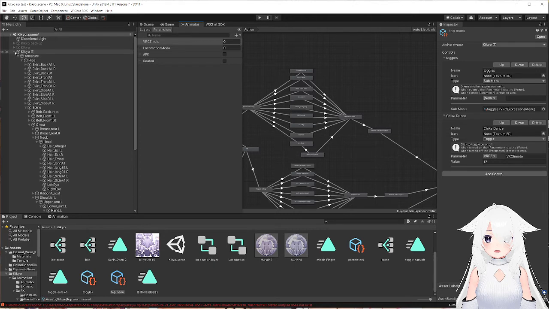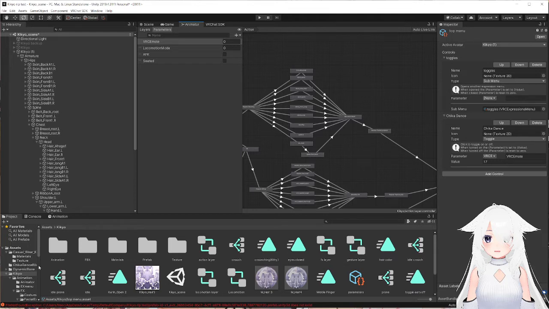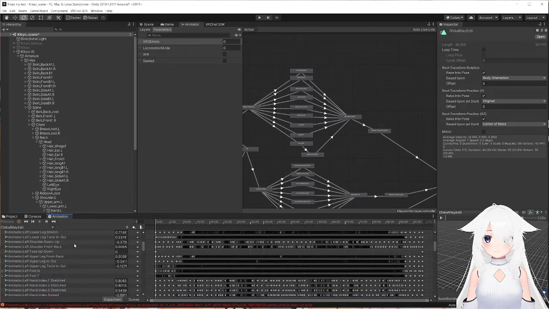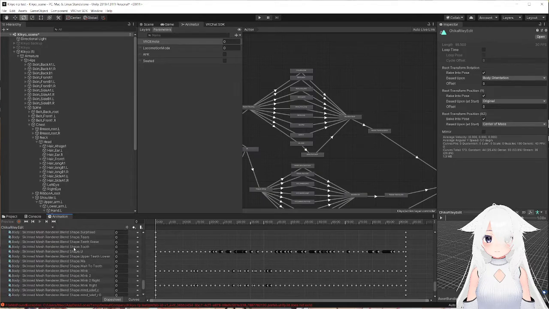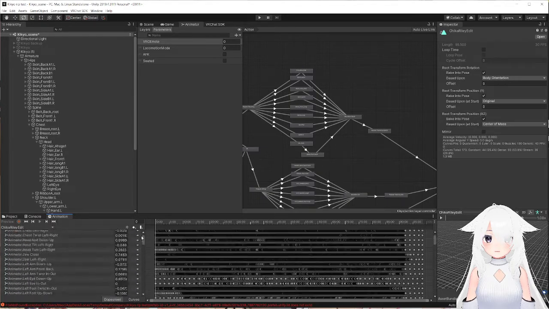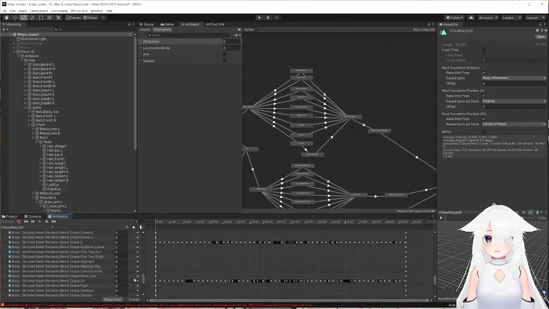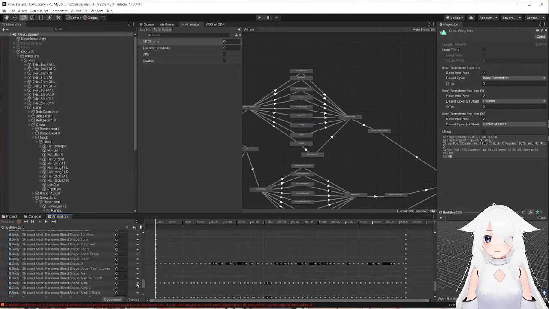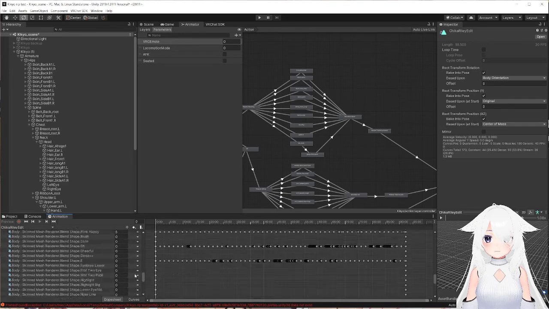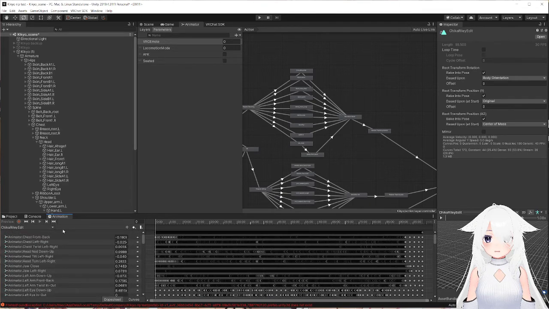Otherwise, if we want to actually play the music, if we go to our Chica dance, I wonder if they actually included it in the animation. Let's see. They did not. So if you notice in here, there's a bunch of animator movements and shape keys and stuff to change the facial expressions, right? But there isn't actually a section